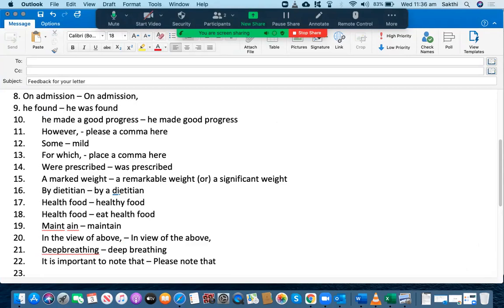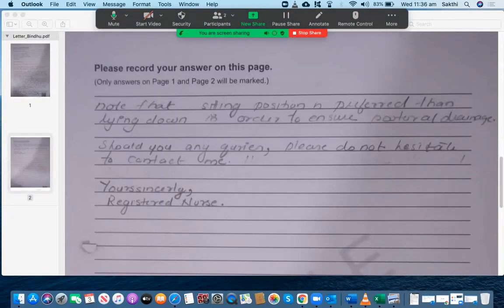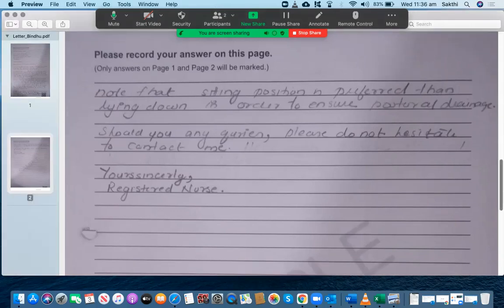You don't need to mention "it is important to note that." Why are you writing like 6, 7 words? You can finish it within 2, 3 words itself. Try not to expand the words. It's not good. Even if you are able to write a letter within 160 to 170 words, however, if you include all the relevant information, then you should be fine. You can easily score more than 350.